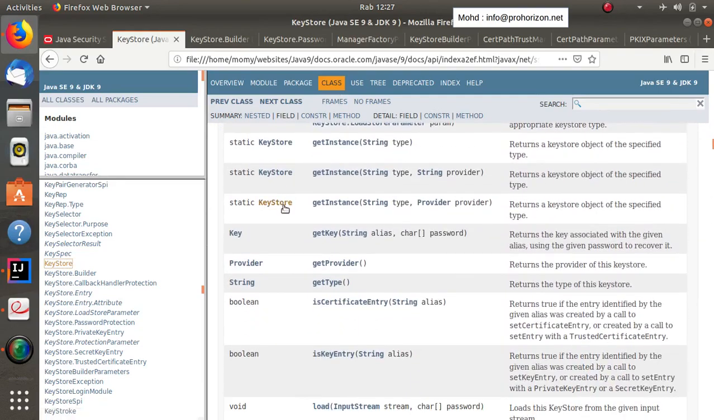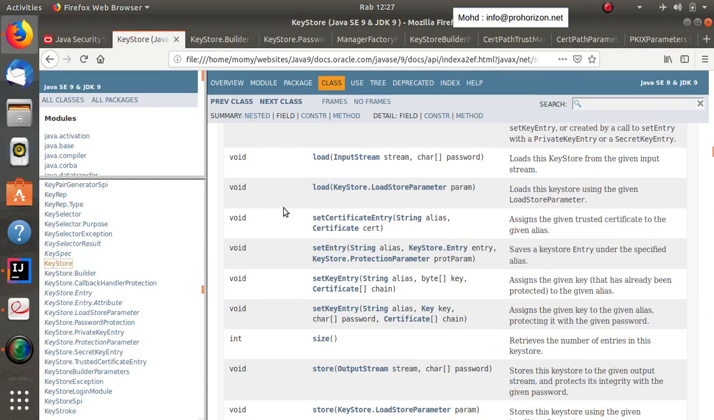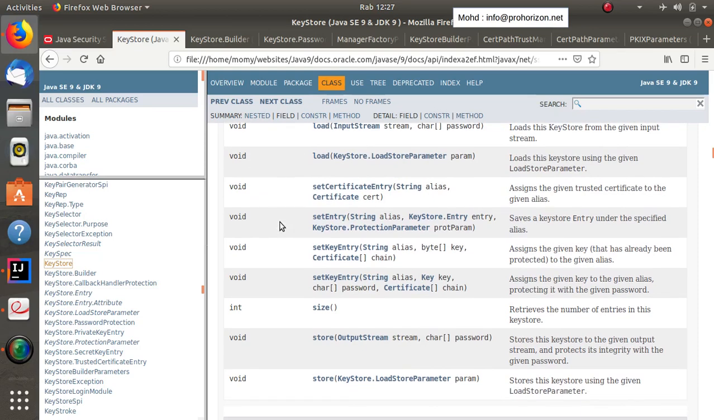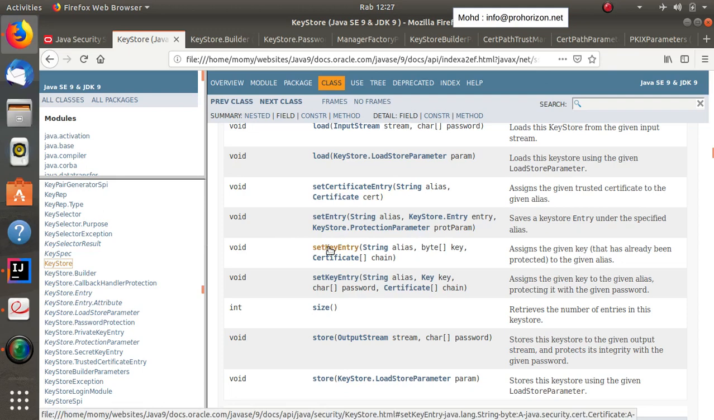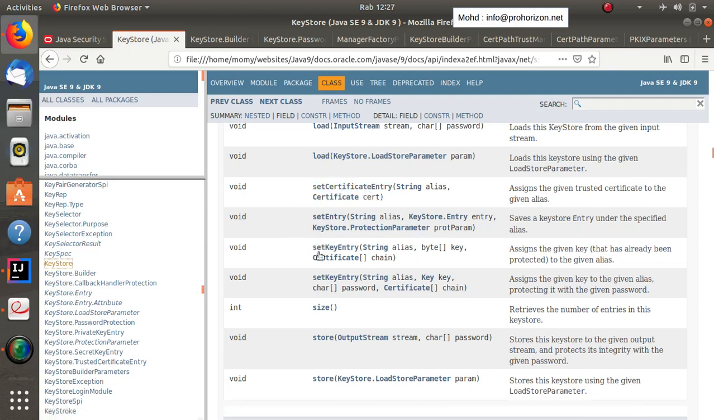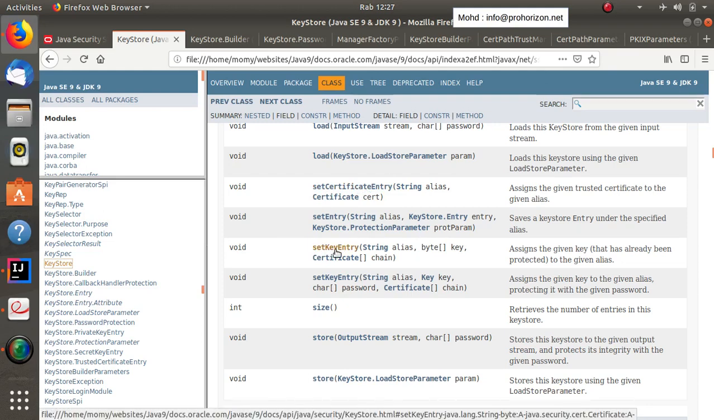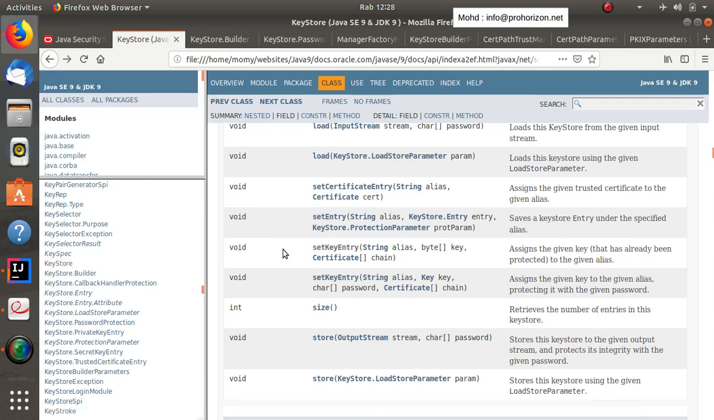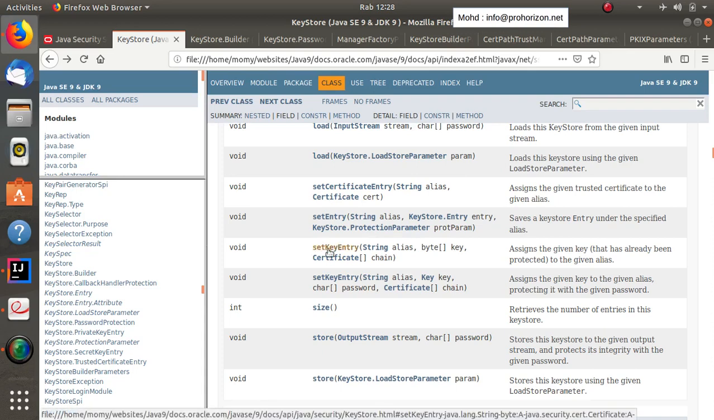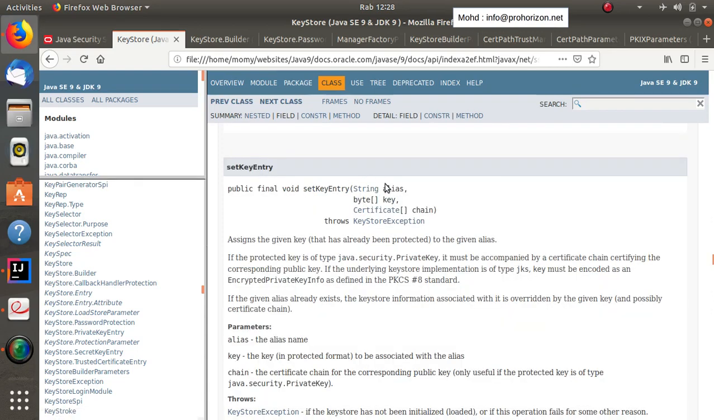if we want to save and store the entries, the keys, and the certificates inside the Keystore, we have to use one of two: either set key entry or set certificate entry. Set certificate entry will save the certificate. Set key entry will save the keys, obviously. Now, since we are focusing on the first step, storing the key, we have to go with this method, set key entry, which will take